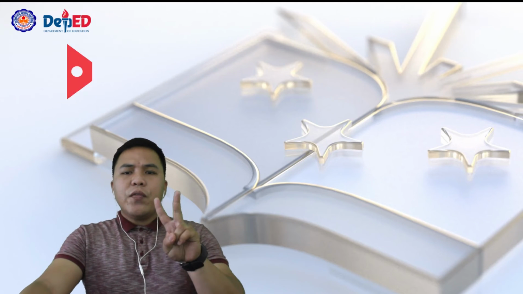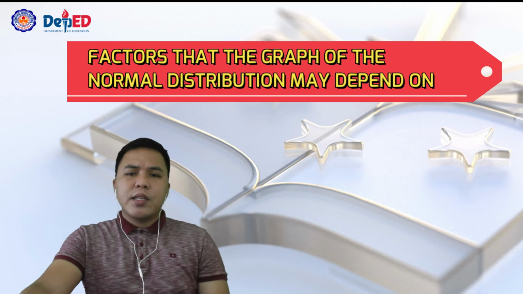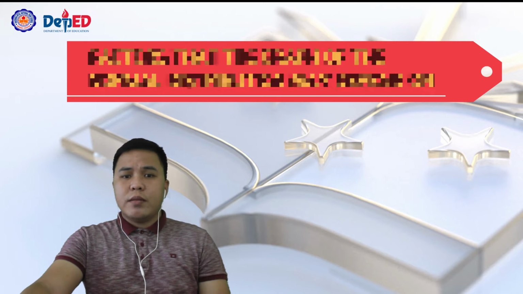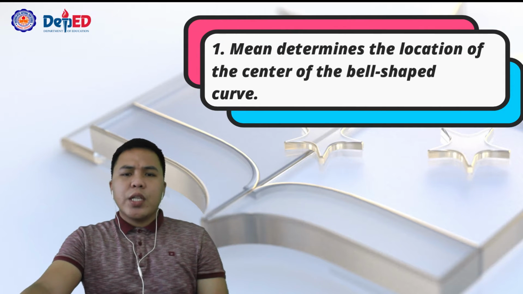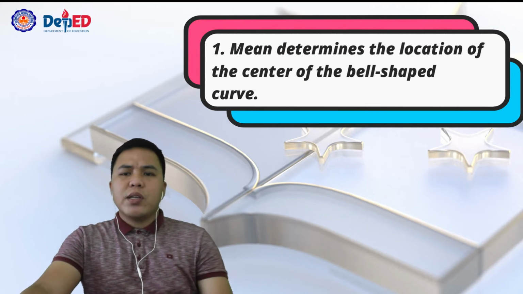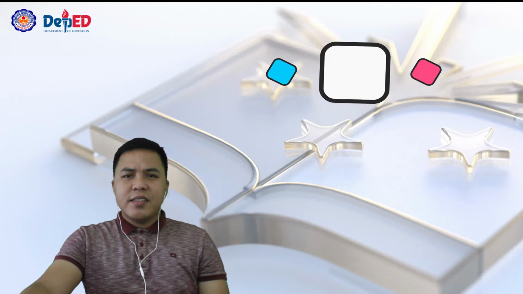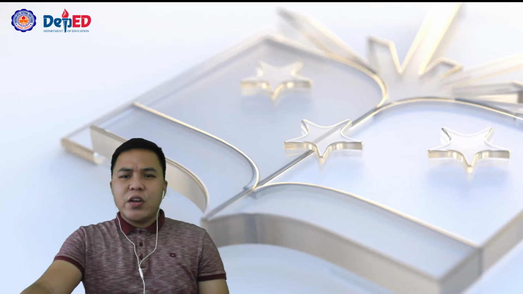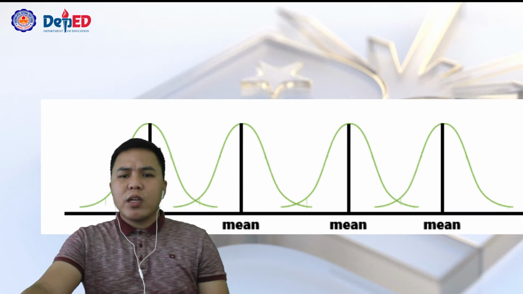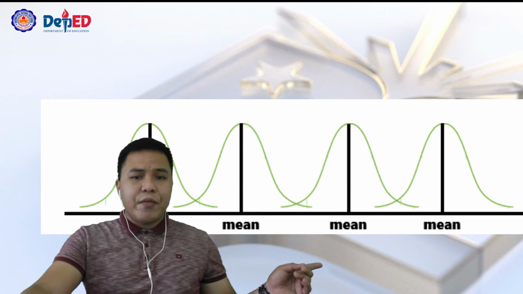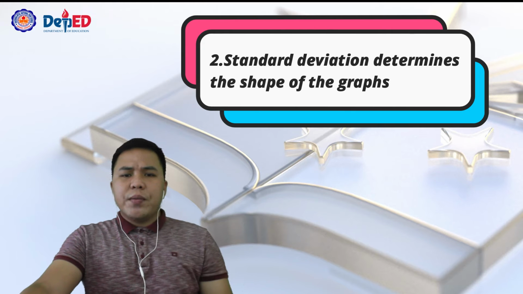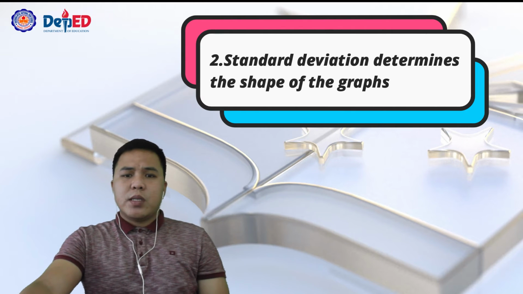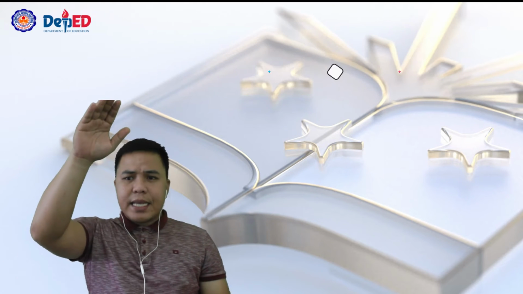Now, there are two factors that the graph of the normal distribution may depend on. For number 1, mean determines the location of the center of the bell-shaped curve. Thus, a change in the value of the mean shifts the graph of the normal curve to the right or to the left. Number 2, the standard deviation determines the shape of the graph, particularly the height and the width